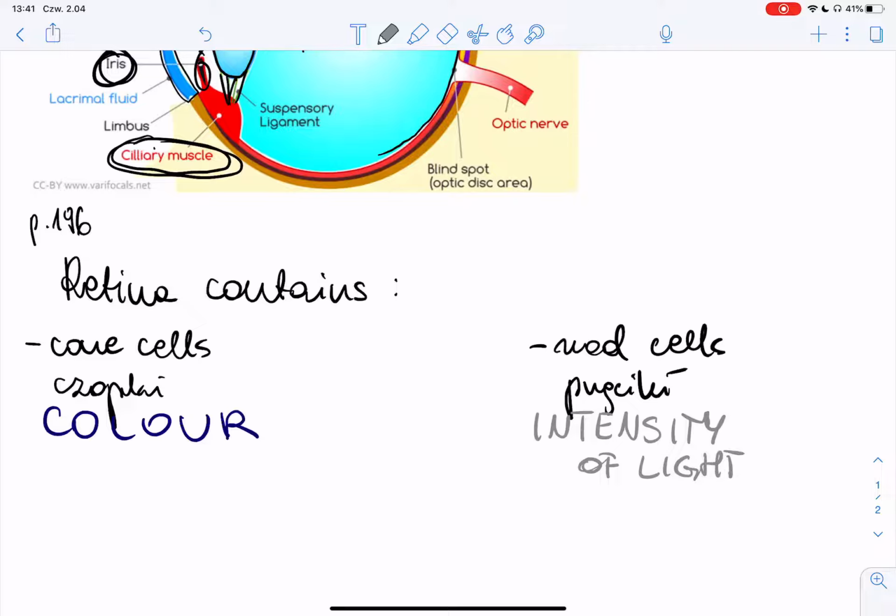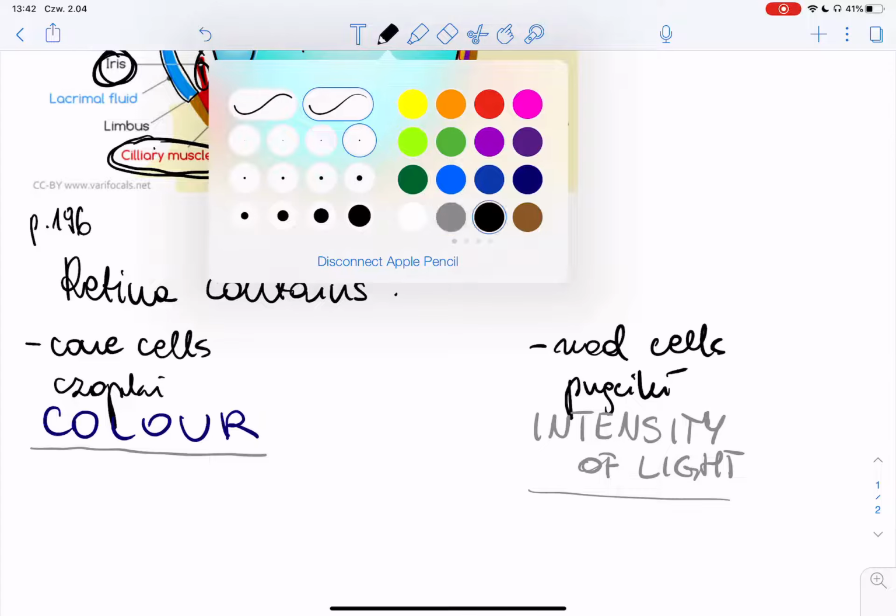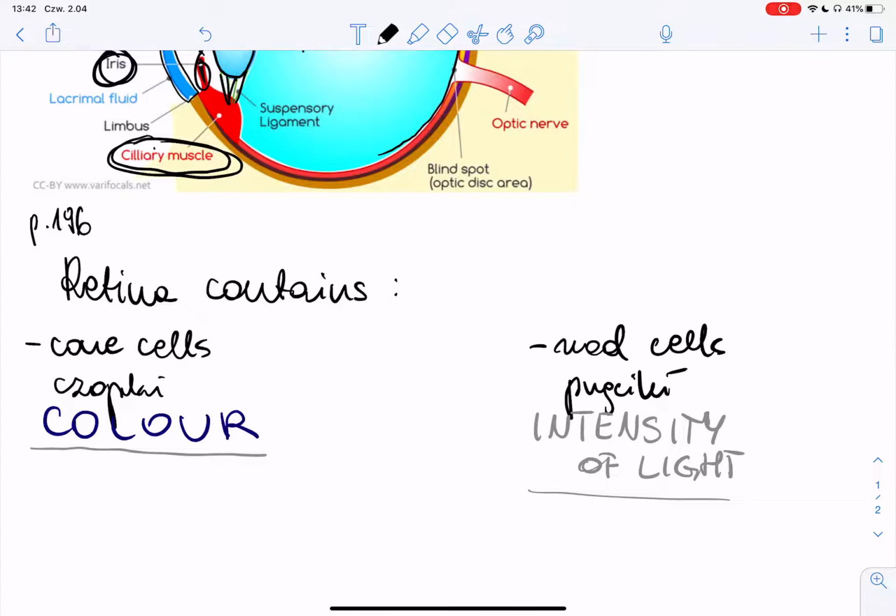So imagine when it's dark outside, after some time your eyes get adapted to the conditions, and you cannot see colors when it's dark because cone cells are less sensitive. They need a lot of light in order to perceive color. But the intensity of light, even when there is very little light, allows the rod cells to work, so you can still see shapes, you can still see objects, but it's very difficult